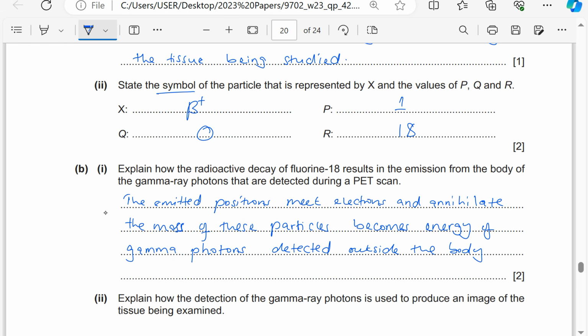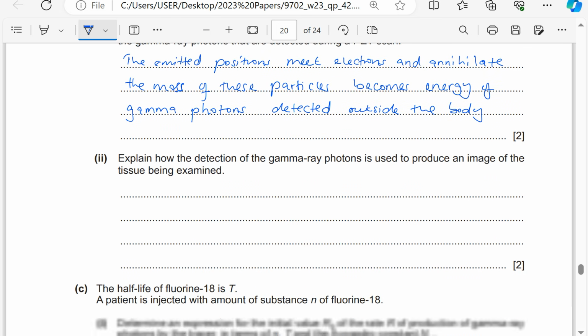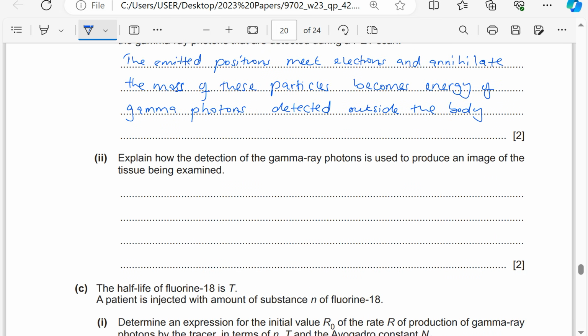Okay, so the gamma ray photons come from the patient and they are detected by the gamma ray camera outside the body. Then explain how the detection of the gamma ray photons is used to produce an image of the tissue being studied. Of course, we just look at the arrival time. Processing the arrival time can be used to build up an image of the tracer concentration in the tissue. So we can say the arrival times of photons are detected,